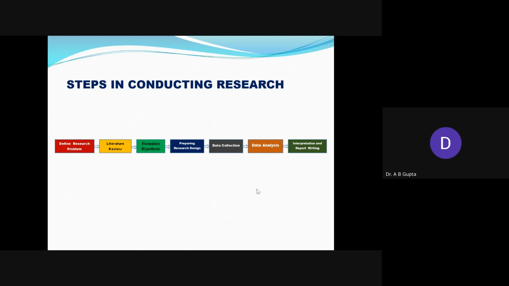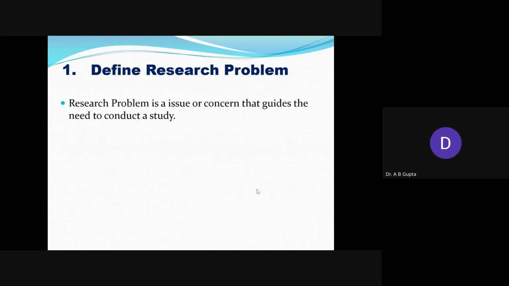The first step is define the research problem, then literature review, then formulate the hypothesis, then prepare the research design, data collection, data analysis, and the last step is interpretation and report writing. So let us take up these steps one by one, so that you have more clarity as to how to carry out this research. So first thing is